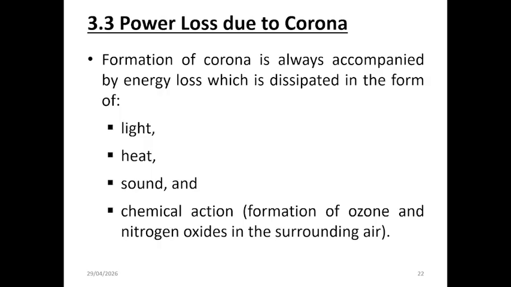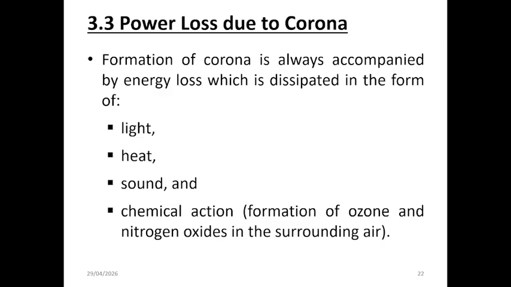This includes light, which appears as a faint glow around the conductor, heat due to the energy released during ionization, and recombination of air molecules. Sound, typically heard as a hissing or buzzing noise, and chemical action, mainly the formation of ozone and nitrogen oxides